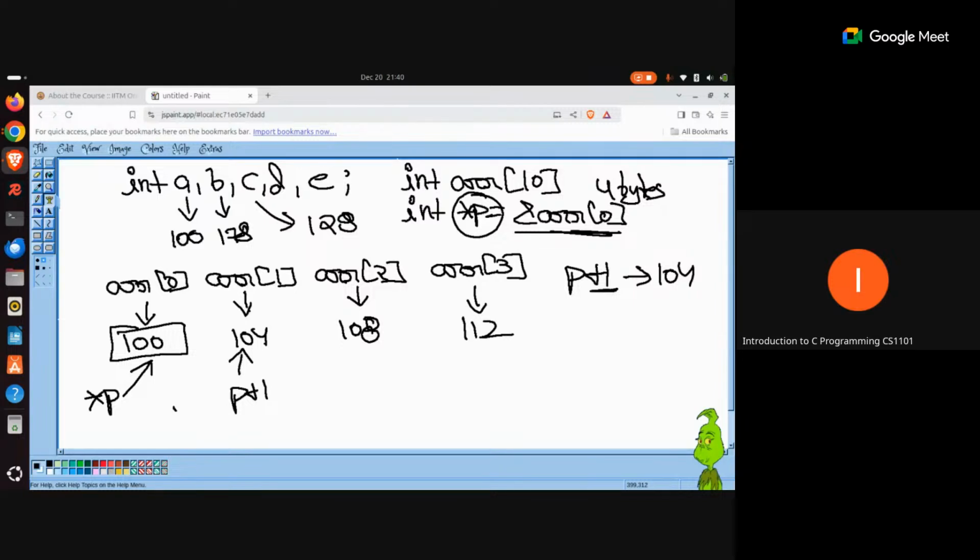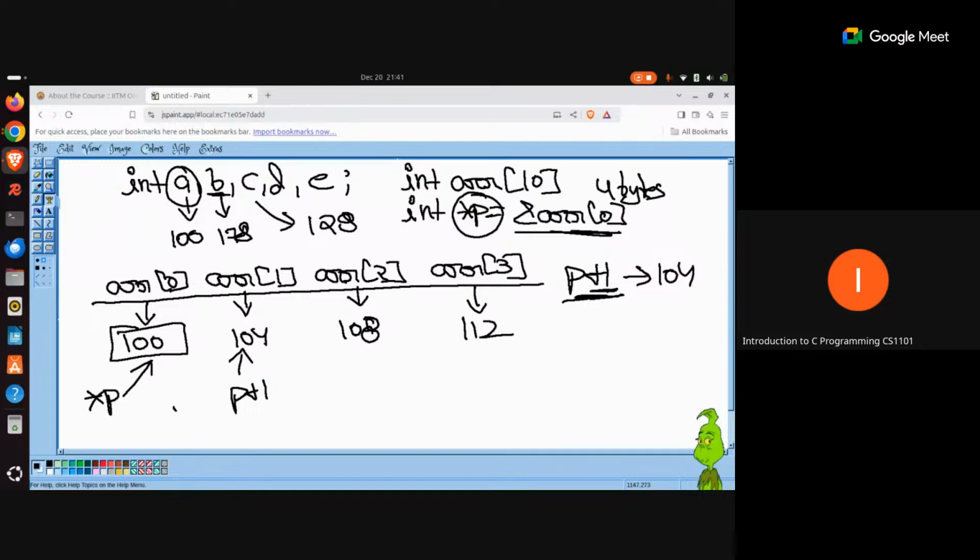Why is it actually referring to the next element in the array? Because the next element is allocated contiguous memory. And this only happens in the case of arrays. Because if you create 5 different variables and refer to one variable with the help of a pointer, and you expect that p plus 1 is going to give you access to the next variable, that is not guaranteed. Maybe in some rare scenarios this could happen, but where you get a guarantee is in the case of arrays, because in arrays you are guaranteed contiguous memory allocation.